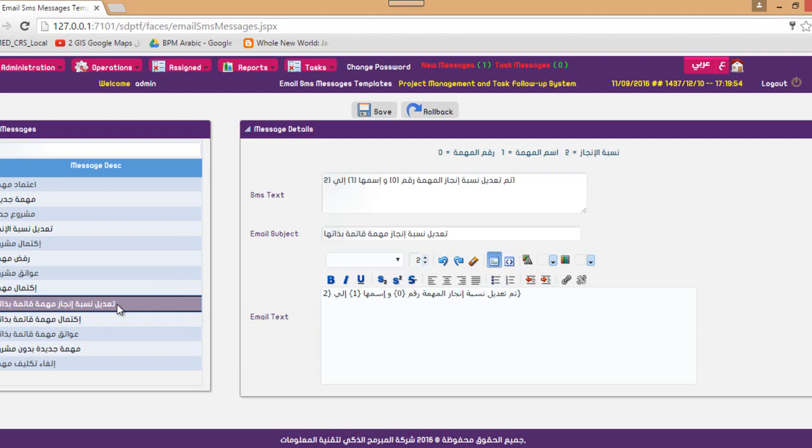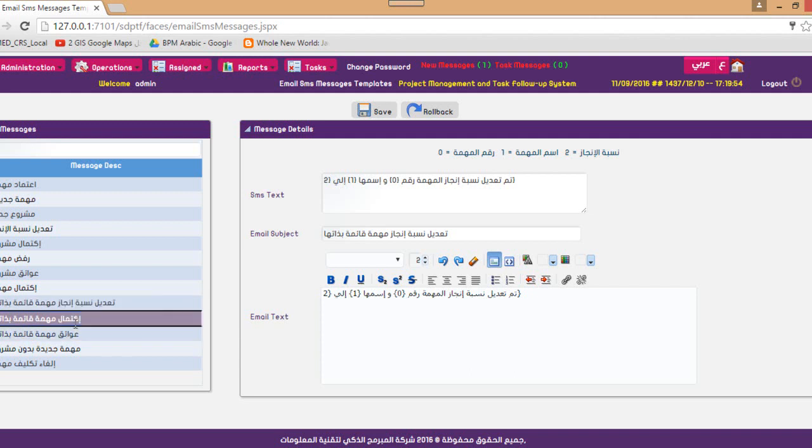Well, this is a very good point to explain. The system is divided into two parts. The first part is project management, and the second part is task management. Sometimes we have tasks that do not require a project, like creating a new screen or adding a field. This is a task. It doesn't need a project in order to be accomplished, while it may be subdivided into subtasks. So the only difference between project management and task management is that a standalone task does not require a project to be there, but everything else almost remains the same.